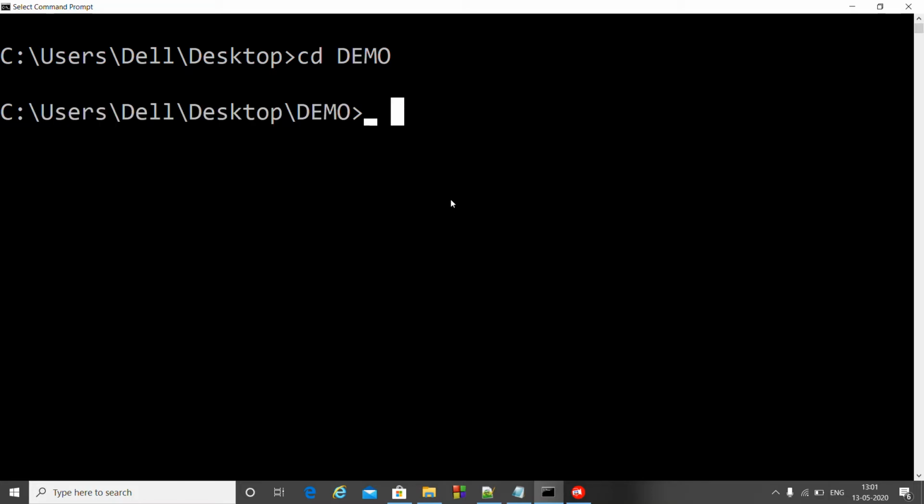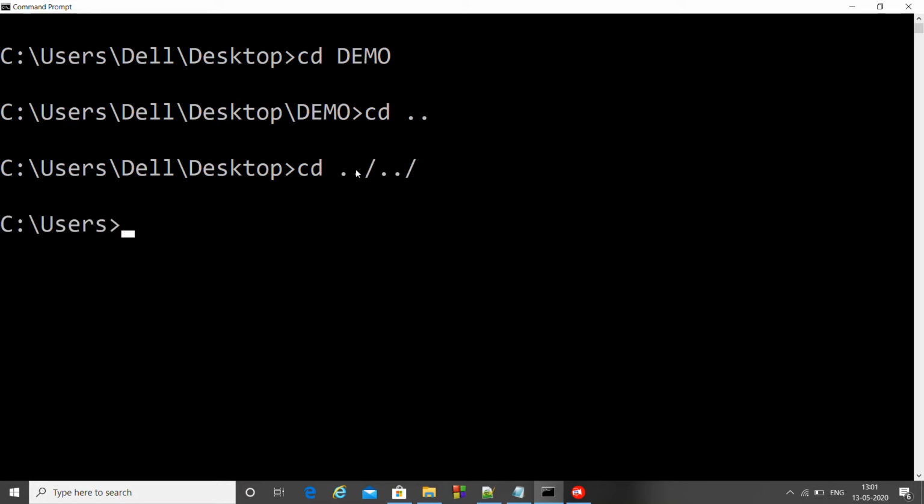Suppose we want to exit this directory, we'll do cd and 2 dots. It means it will go one step back. Now it is out of the demo directory. If you do cd with 2 dots two times, it means it has gone 2 steps back. It has skipped desktop and Dell.